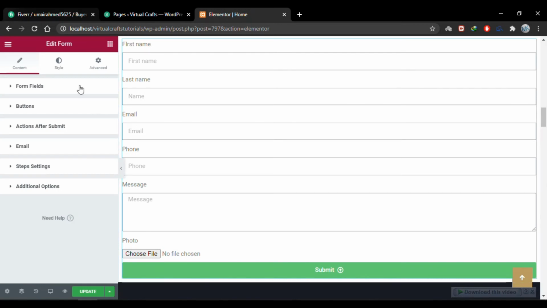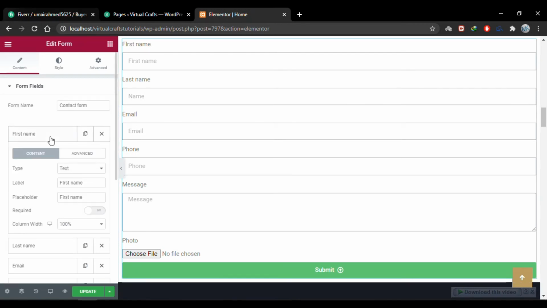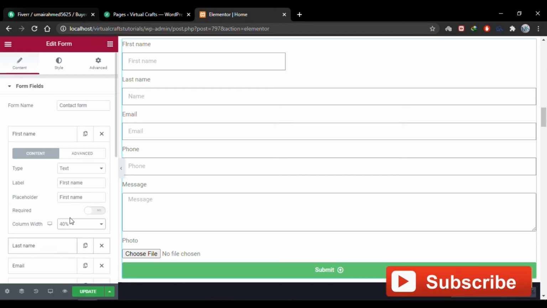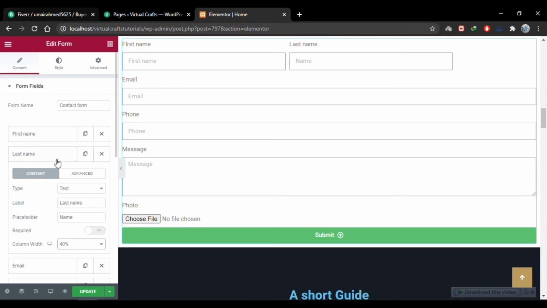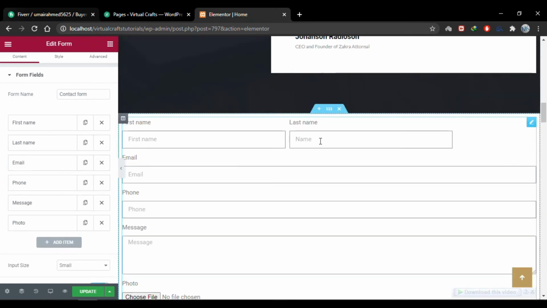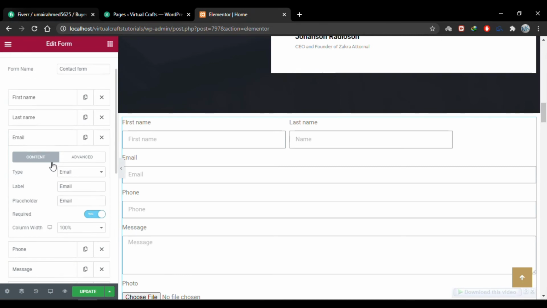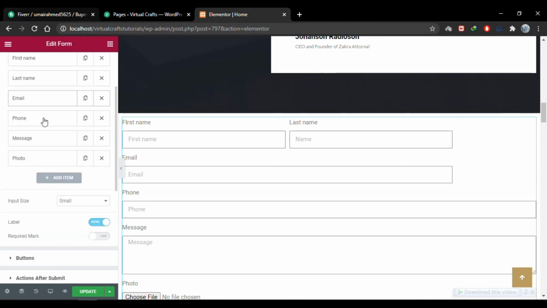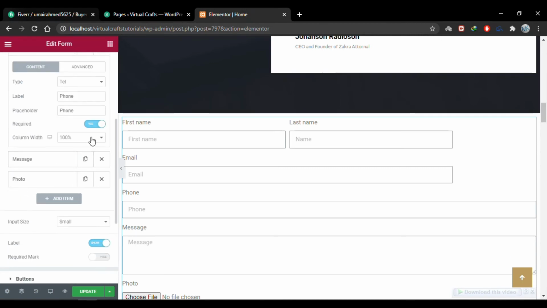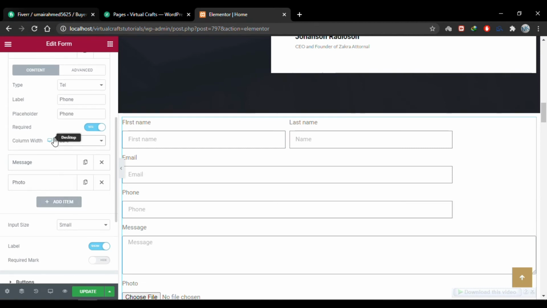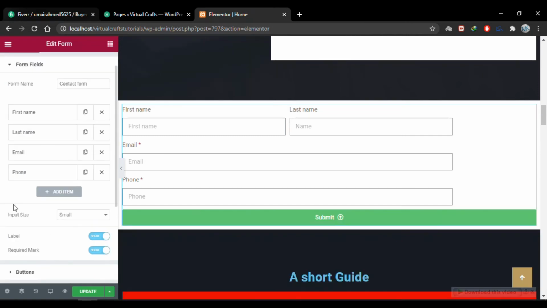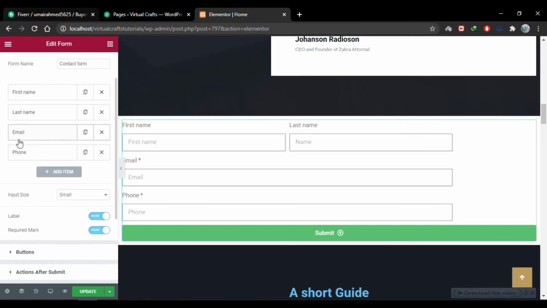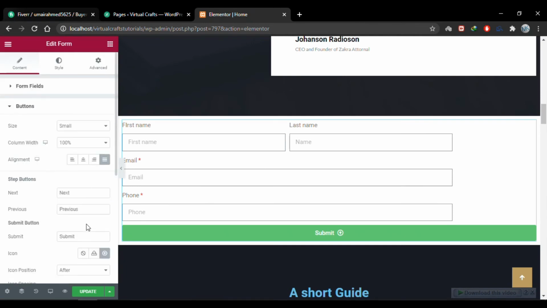For example, let me do some basic styling. I'll change the sizes of the fields and then make it centered. As you can see, it already is making sense. I'll change this to 80% as well. Let's delete these two sections. I'll change the width of submit button as well, which is to be 80%.